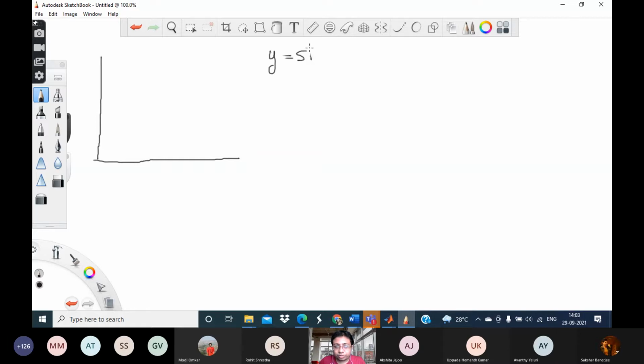That is sign of W transpose X, where W is the linear structure and X is the feature vector, and Y, the class label, can take only two values, either +1 or -1. So now the question arises: is this kind of a linear classifier good enough to classify a particular data set?